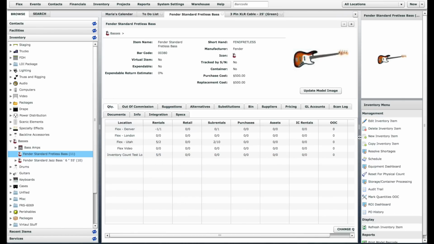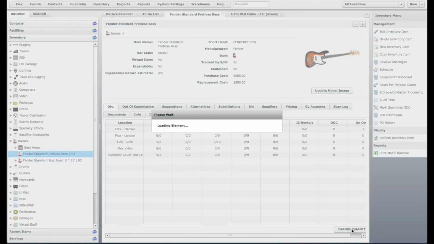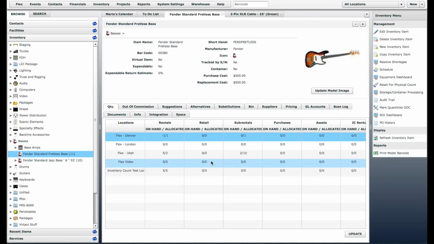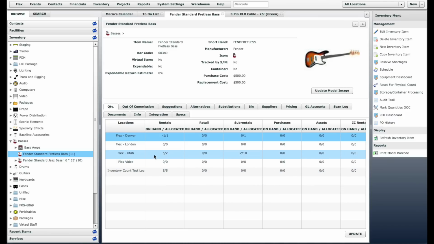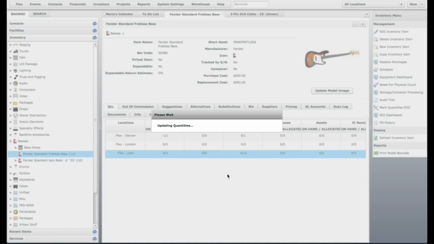And you can easily just change the quantities of the item by clicking the change quantities, and you can just go out on your shelf and say we're working from the Utah location and just say I only count 4 and I know we're supposed to have 5, and click update,